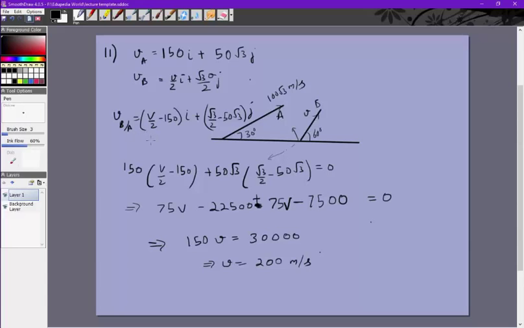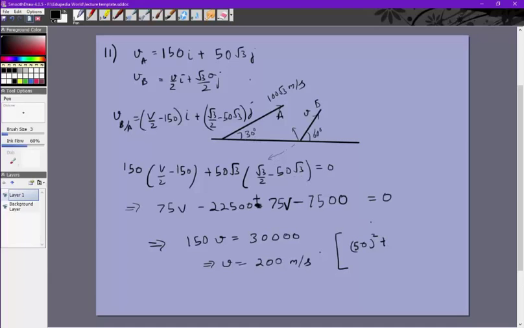So now we can calculate the magnitude of V of B with respect to A. What that would be is V by 2 minus 150. That is 100 minus 150, that is 50. We just need the magnitudes. So 50 squared